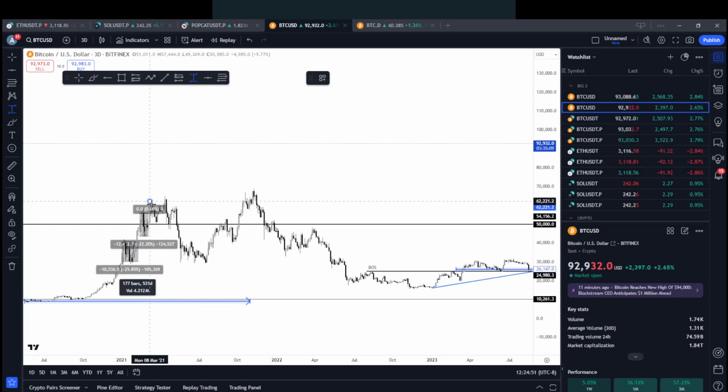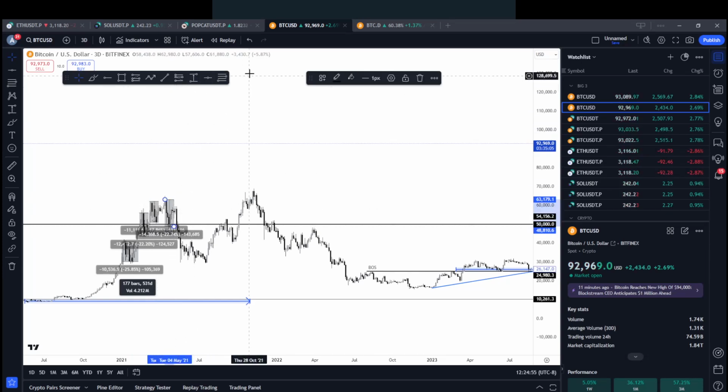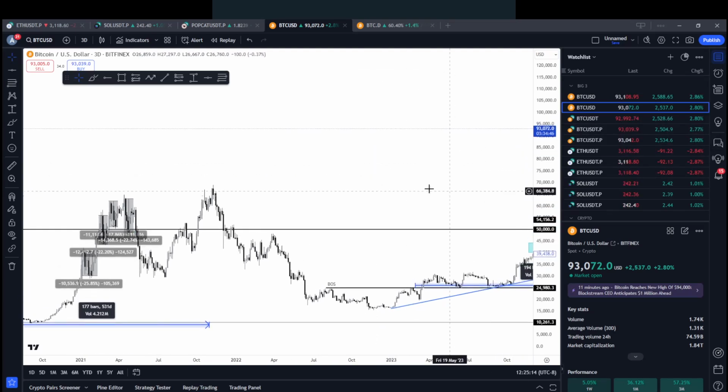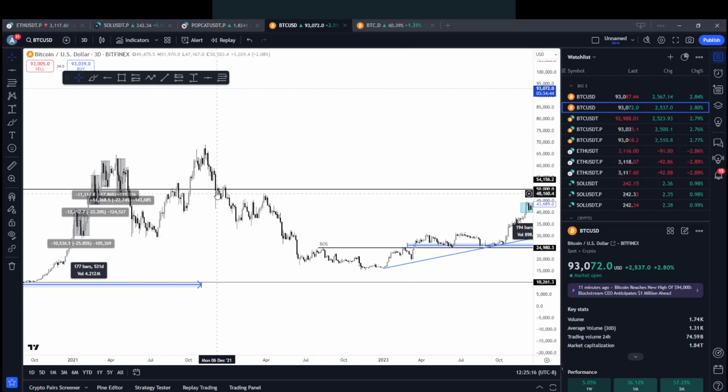Depending on how much higher we go, but there's only one time that we got a dip of 25%, especially from all-time highs down like that. But we didn't have ETFs or institutionals buying at this price. Are they crazy to buy at 93K? Yes, they obviously are, but they're going to shake you out eventually,